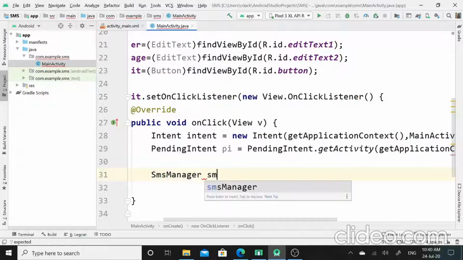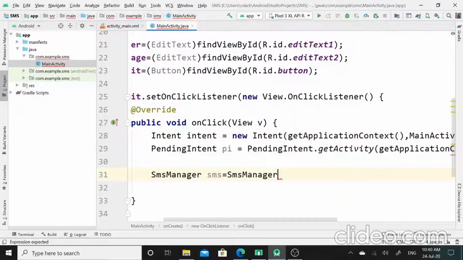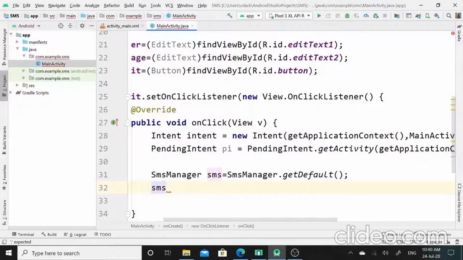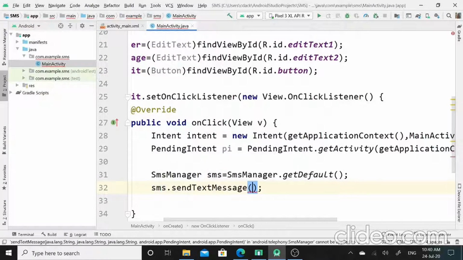I will simply set sms as a reference, and with the help of SmsManager class I will call getDefault method. Here, with the help of sms reference of this SmsManager class, I will call the method sendTextMessage.